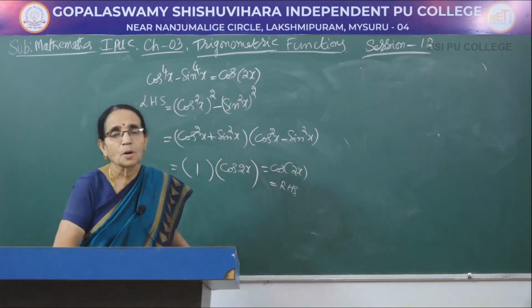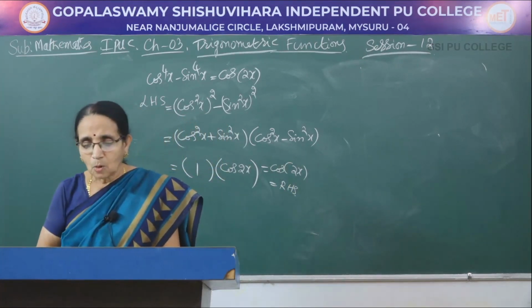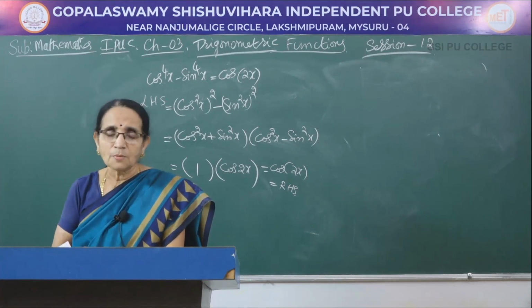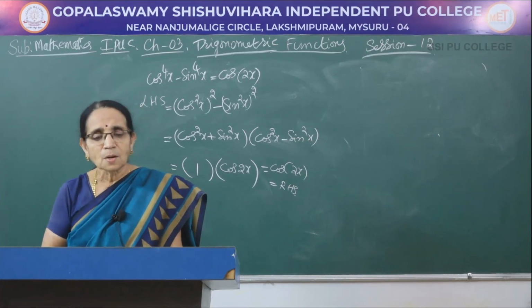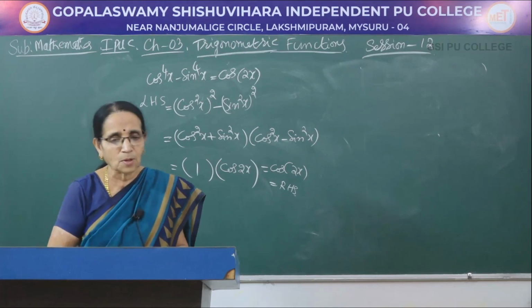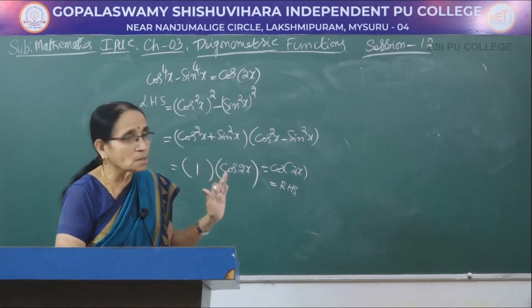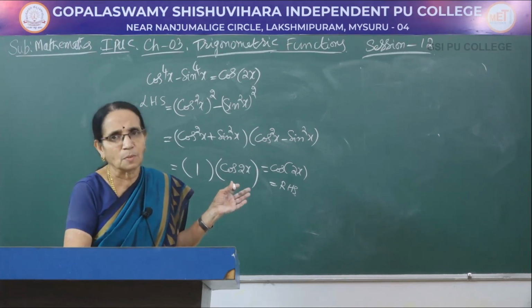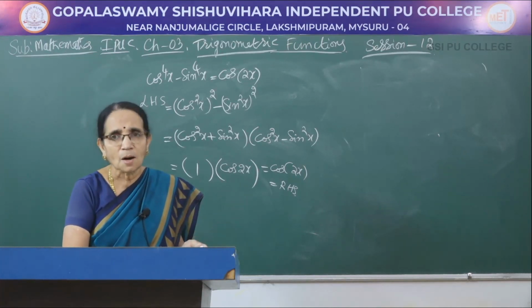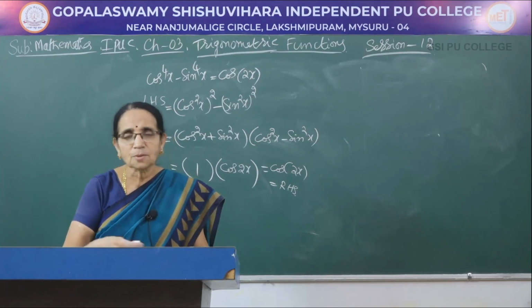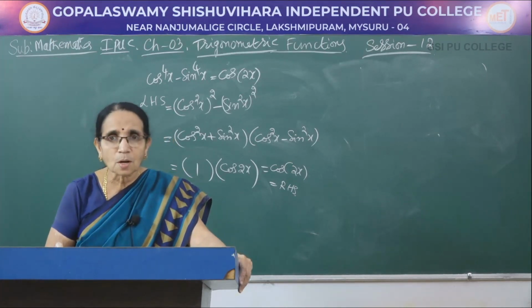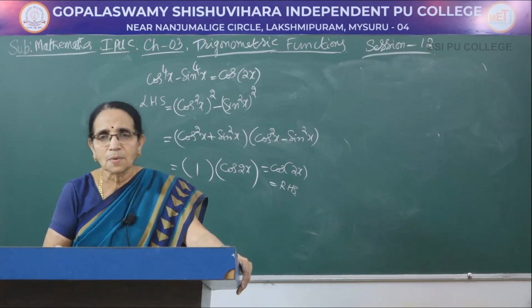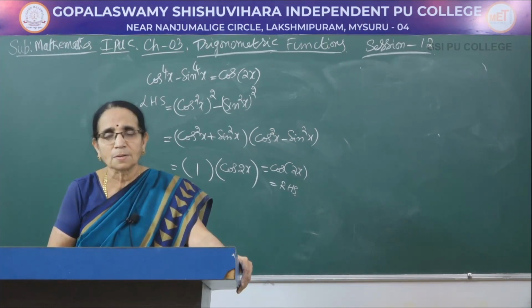So, this is how we solve the problem. Go through all the derivations of the 2x and 3x formulas, which can be given for 2 or 3 mark questions. Now, in all the remaining problems on multiple angles, we will be using any one of them, maybe 2x or 3x or half angle formula. In the next session also, I am going to work out some problems which are connected with these multiple angles. Thank you.